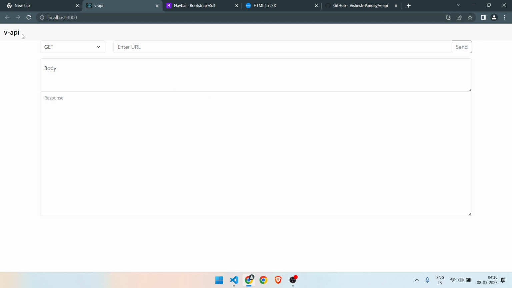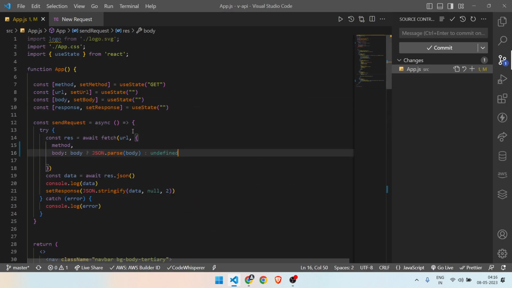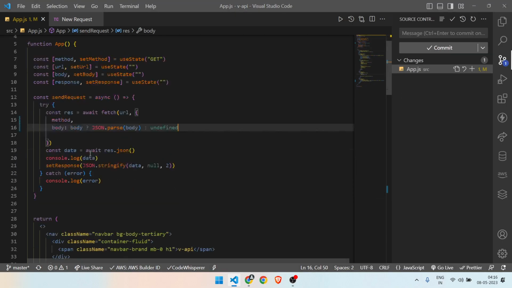I think we can improve it a lot in terms of theme. But one more thing that I would like to add here is basically a button on the top right corner, which can redirect us to GitHub repository. So to do that,